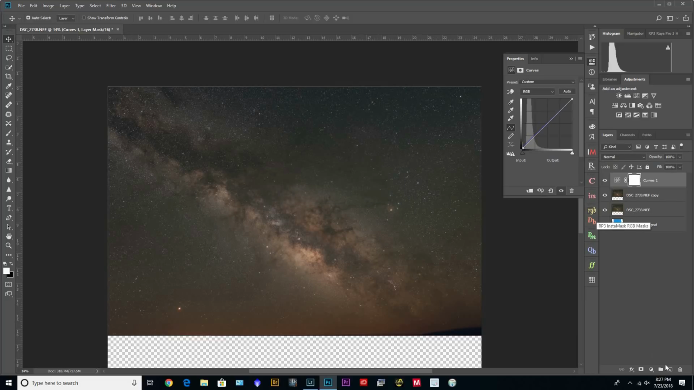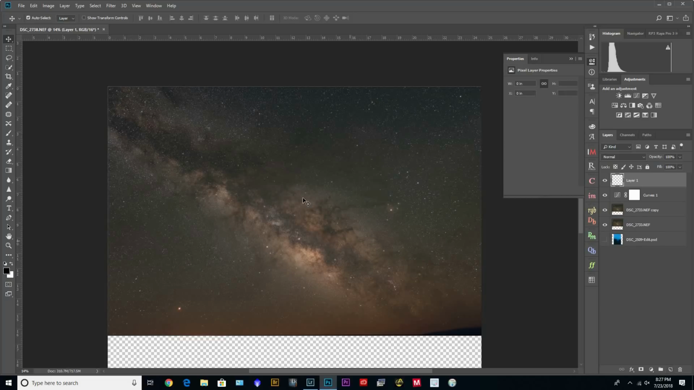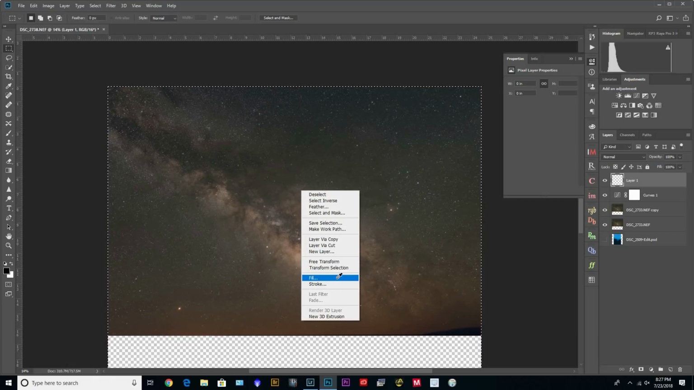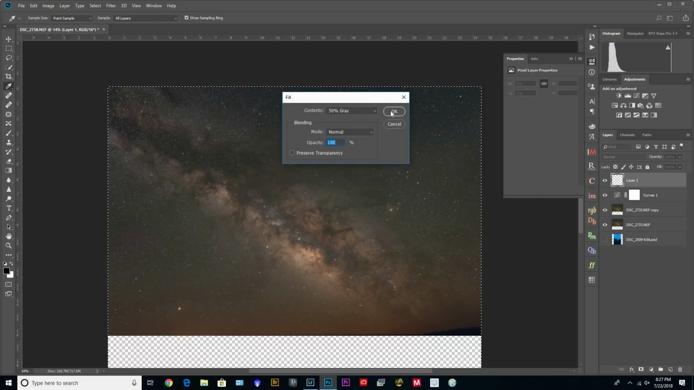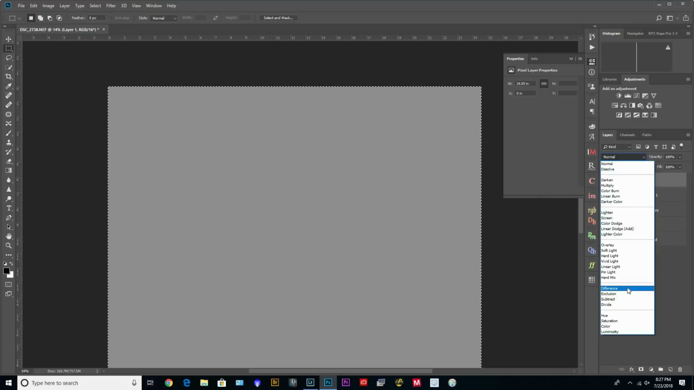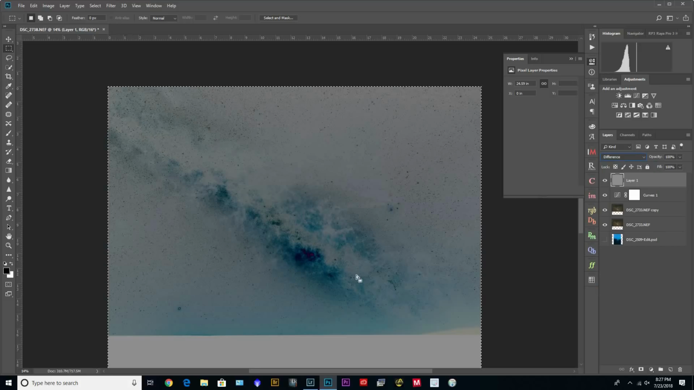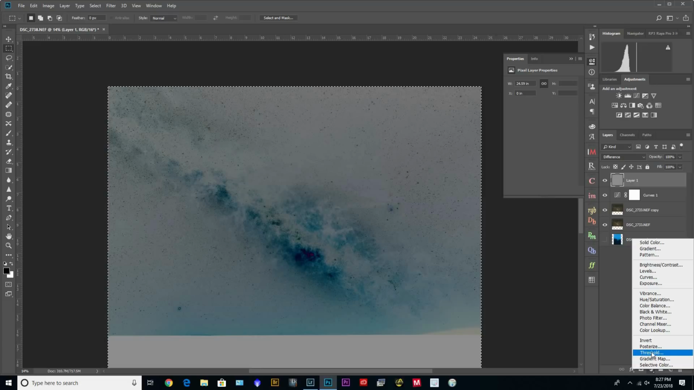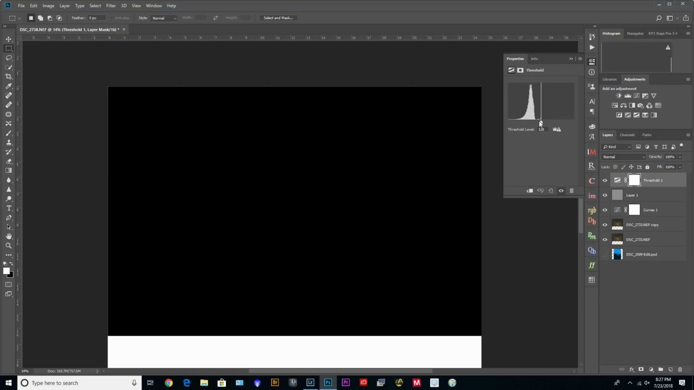So we can go new layer. I just press M for marquee tool, and then Control or Command A to select the whole thing, and then we can right click, fill with 50% grey, and then we can change our blending mode to difference. It looks pretty terrible at the moment, but if we go down to here and choose threshold and drag this slider all the way down